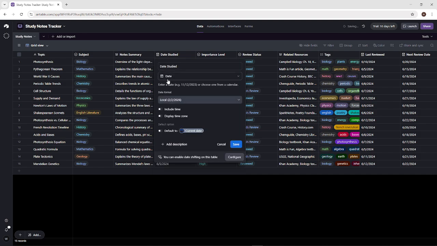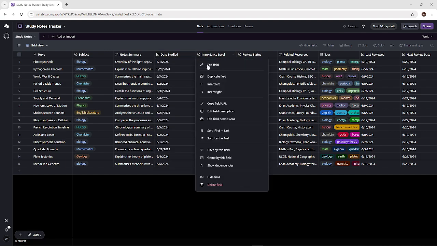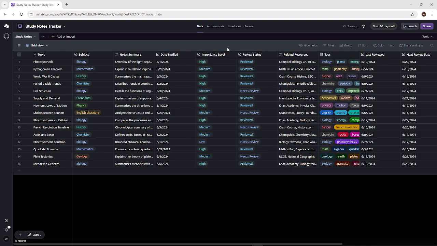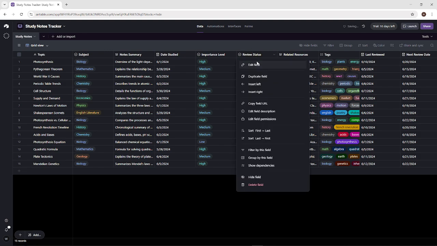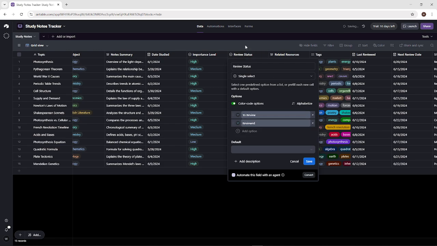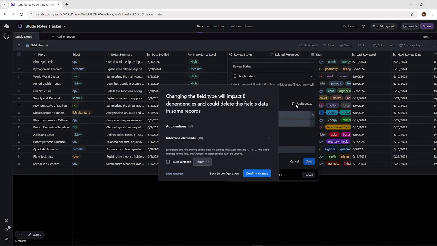Add date studied as a date field to track when you reviewed the material. Create importance level as a single select with low, medium and high. Finally, add review status as a single select with to review and reviewed. With this structure, every note captures what it's about, when you studied it, how important it is, and whether it